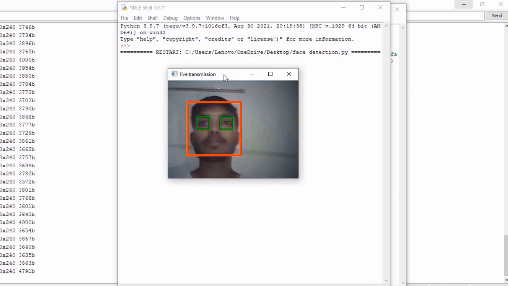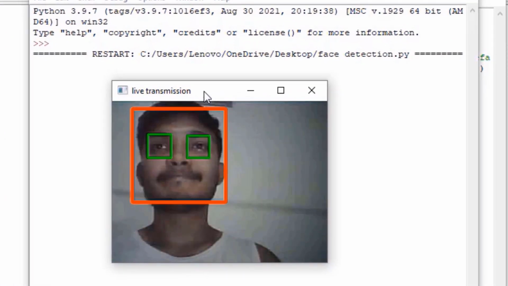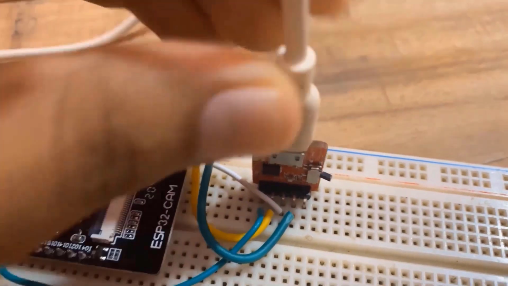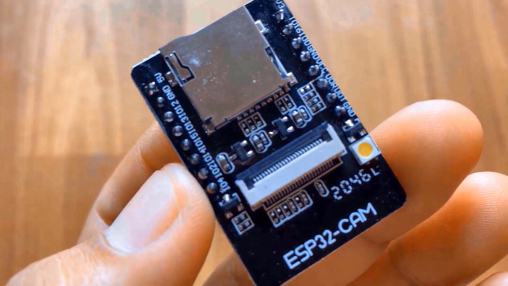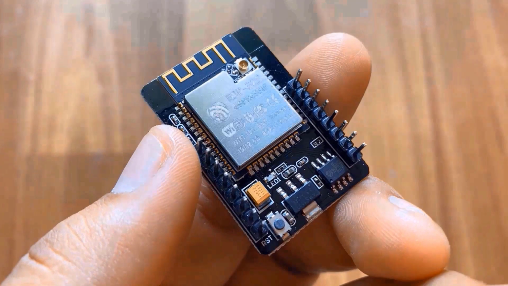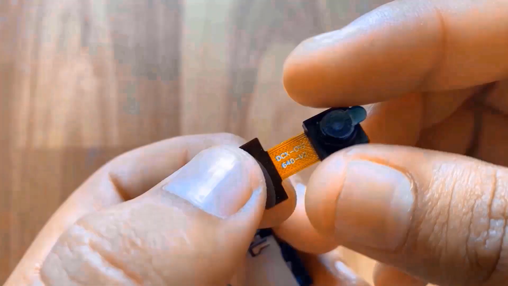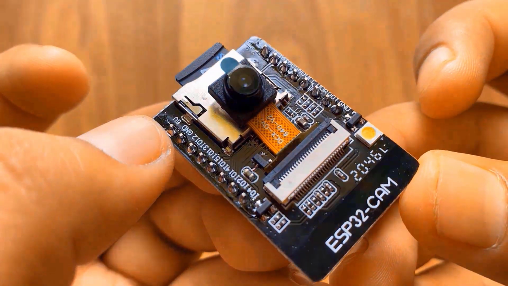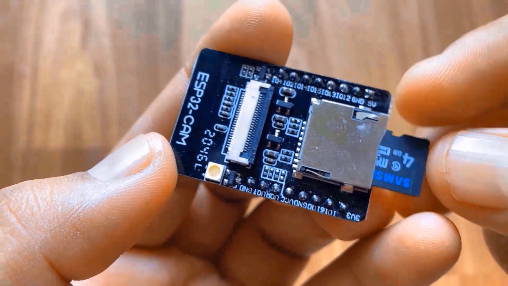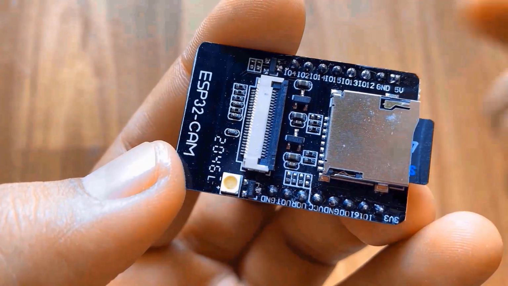In this project, we will build an ESP32 cam-based face and eyes recognition system. This tutorial introduces everyone to an efficient video streaming method wirelessly. Here we have used the ESP32 cam module, which is a small camera module with the ESP32S chip. Besides the OV2640 camera and several GPIOs to connect peripherals, it also features a micro SD card slot that can be useful to store images taken with the camera.